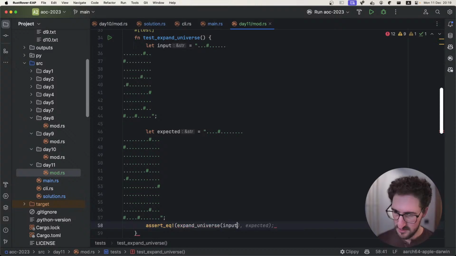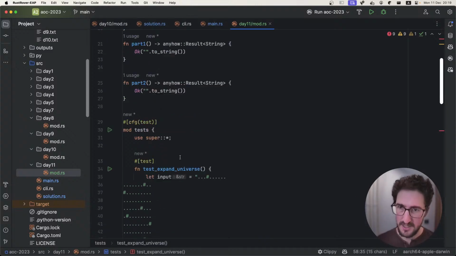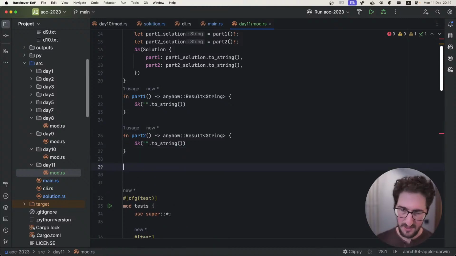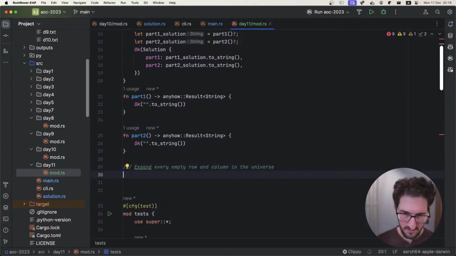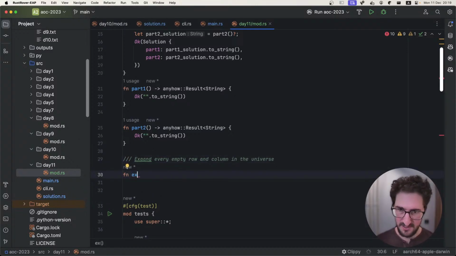Up to some unwrapping, I guess. So yeah, let's do something like that. And let's create our expand universe. So this is going to expand every empty row and column in the universe. Function expand universe